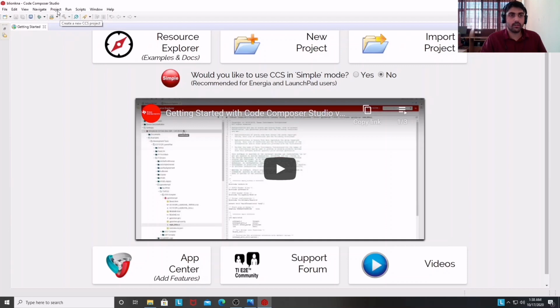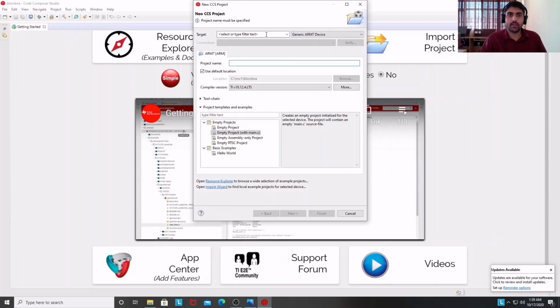So after clicking on it, a window will pop up. It is taking time as I'm running it for the first time. This is the window of New CCS Project. Here I have to select my target. Target means the microcontroller on which I want to